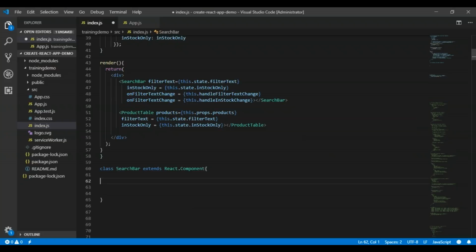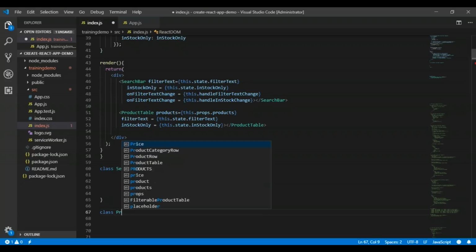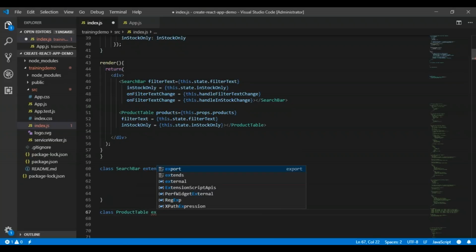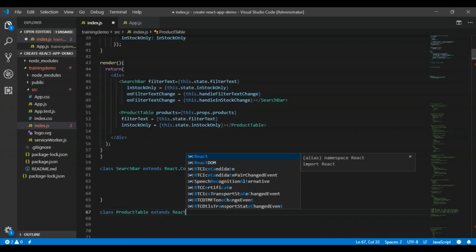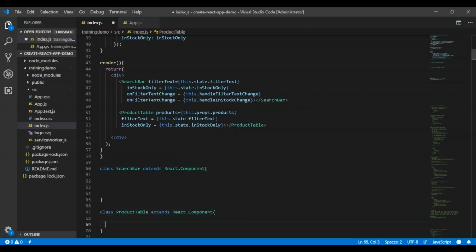And one more component, again a subcomponent which we have created, is the product table. So we can just write here class ProductTable extends React.Component. You can see we have also created these two subcomponents, the search bar and the product table.